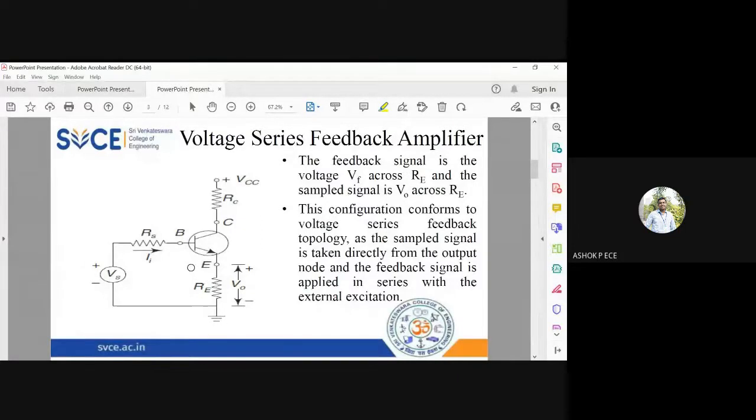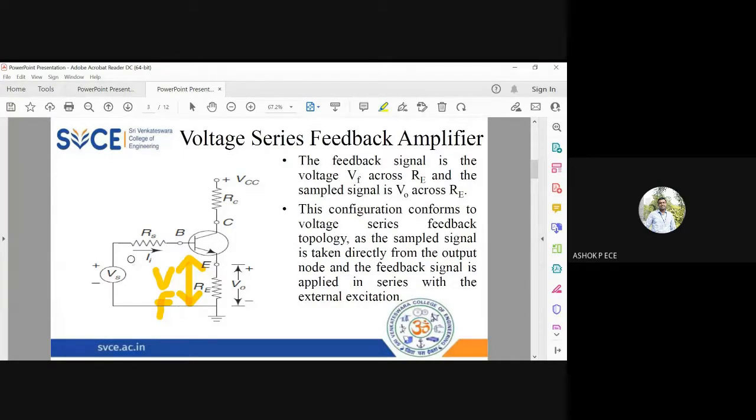And the feedback is taken across the emitter resistance only. The feedback is taken across the emitter resistance and given along with the input. Negative feedback: I give a portion of output and I'm going to mix it in opposite way at the input side. Okay, so the feedback signal is also taken across RE only because RE is present at the output side